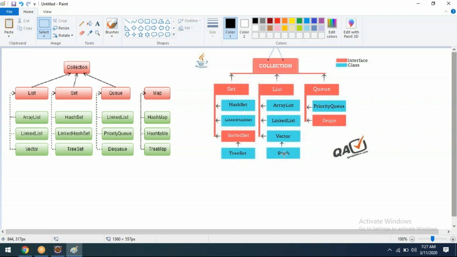It will give it in the same way, and all the values are stored in an indexed array. It's a dynamic array or growable array. All values are stored on an index basis, like an array.